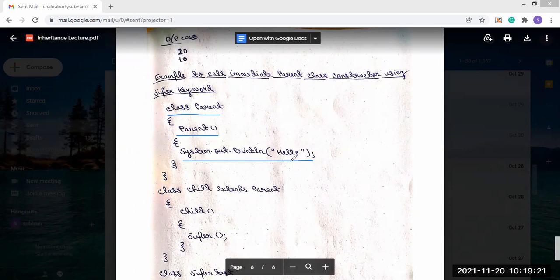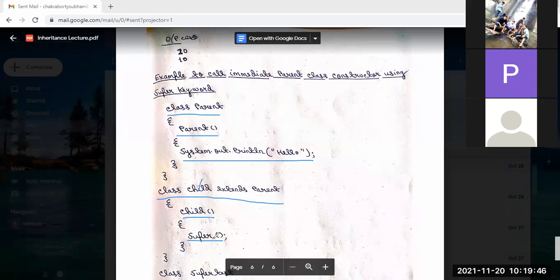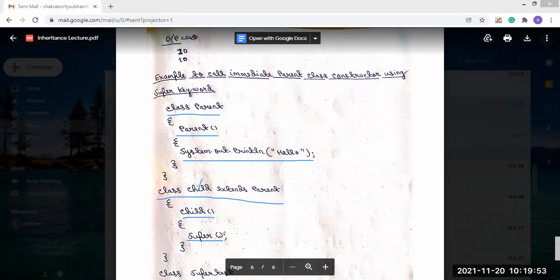Next we are defining class Child extends Parent. That means this child class is extending the parent class. Inside this there is also a constructor, the child constructor, and inside it we use super. What is the function of this super? This super will immediately transfer control to the parent class constructor. So this is the second type of the super keyword when